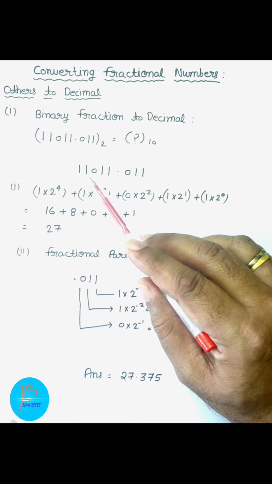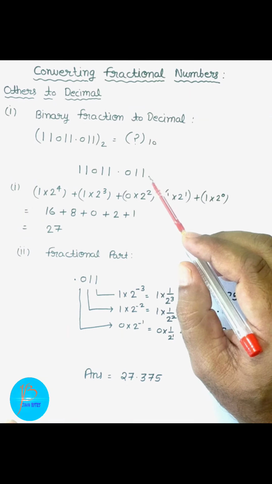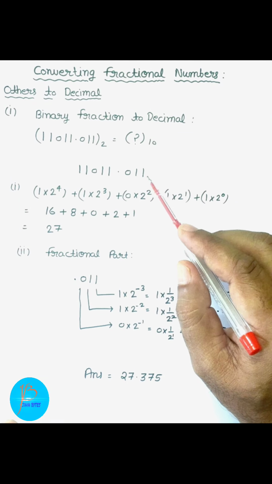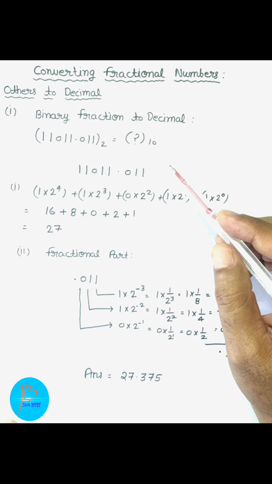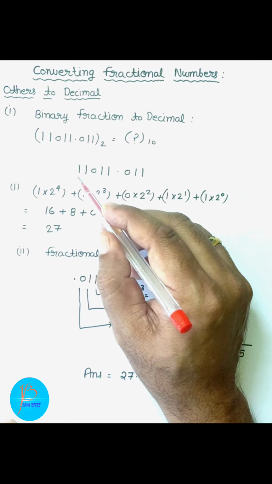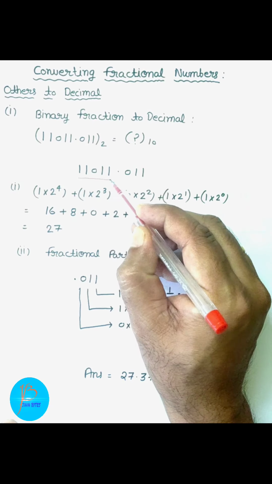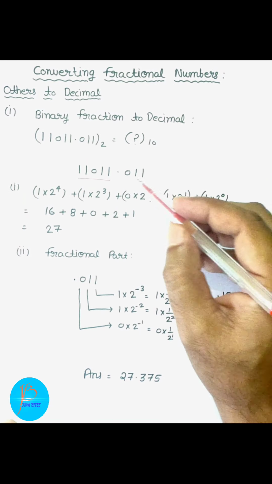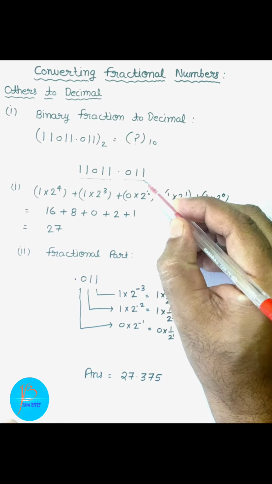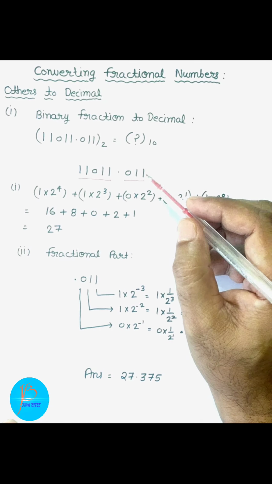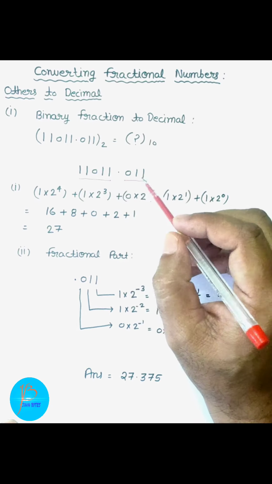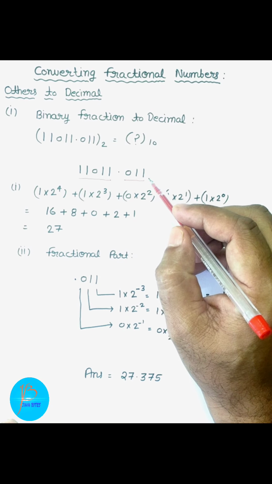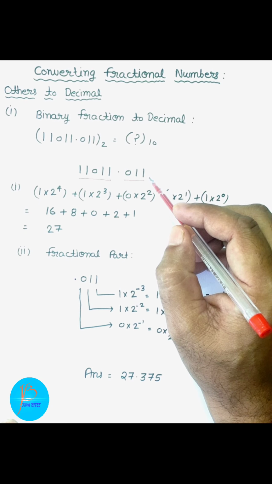Children, for that purpose we will learn the process. First of all, we have to copy down the number. After copying the number, the first thing we have to do is consider the number in two parts: the part which appears before the decimal point and the part which appears after the decimal point. As all of you know, the first part is known as the integer part and the second part after the decimal point is known as the fractional part.